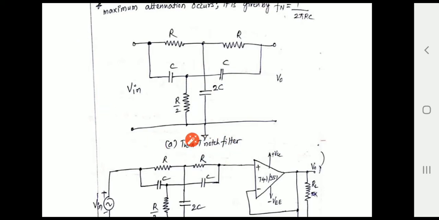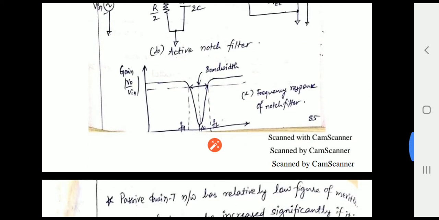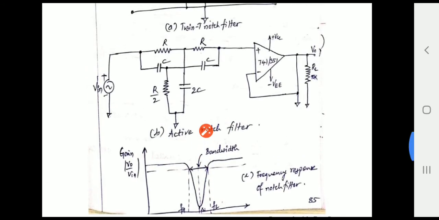And why do we call it a notch here? It is a notch because when it attenuates a particular frequency, the gain of this circuit reaches 0, and then it increases again. Based on this notch shown in the graph, it is called a notch filter. Now here it is connected with the op-amp, which acts as a voltage follower, because the inverting terminal is directly connected as feedback. Whatever the input is comes at the output.